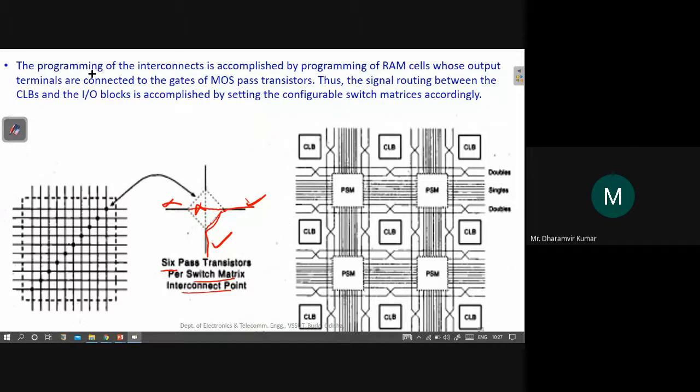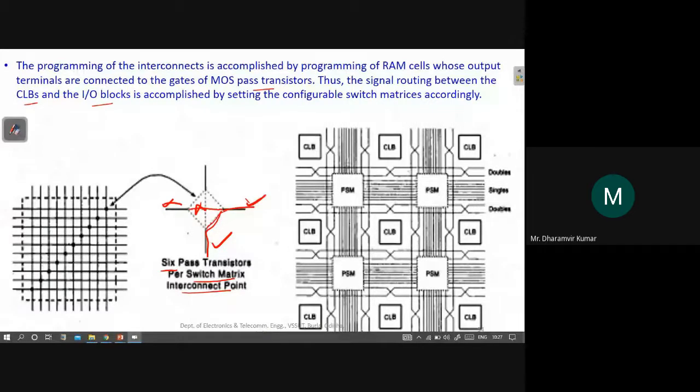The programming of the interconnect is accomplished by programming RAM cells whose output terminals are connected to the gates of MOS pass transistors. This programming we will also see in the lab. Thus the signal routing between the CLBs and IO blocks is accomplished by setting the configurable switch matrices accordingly.